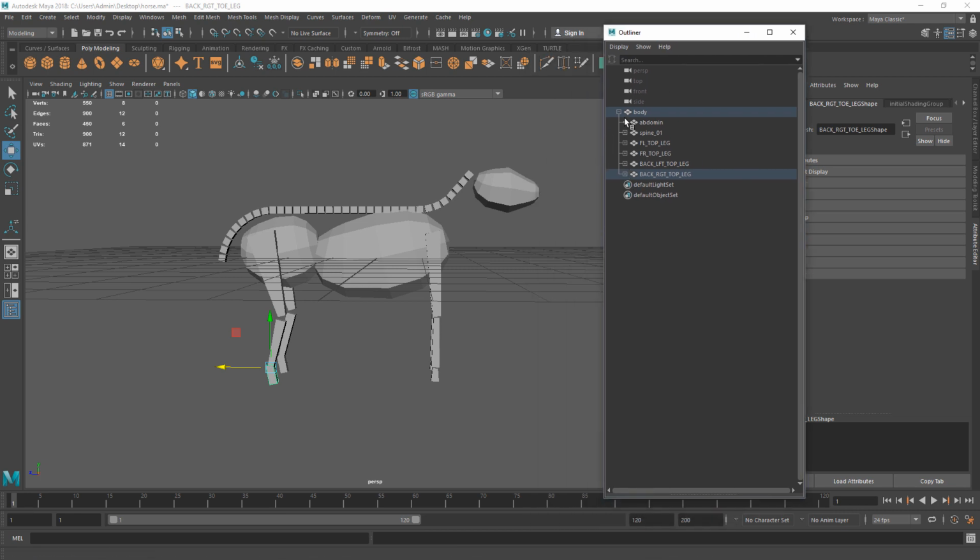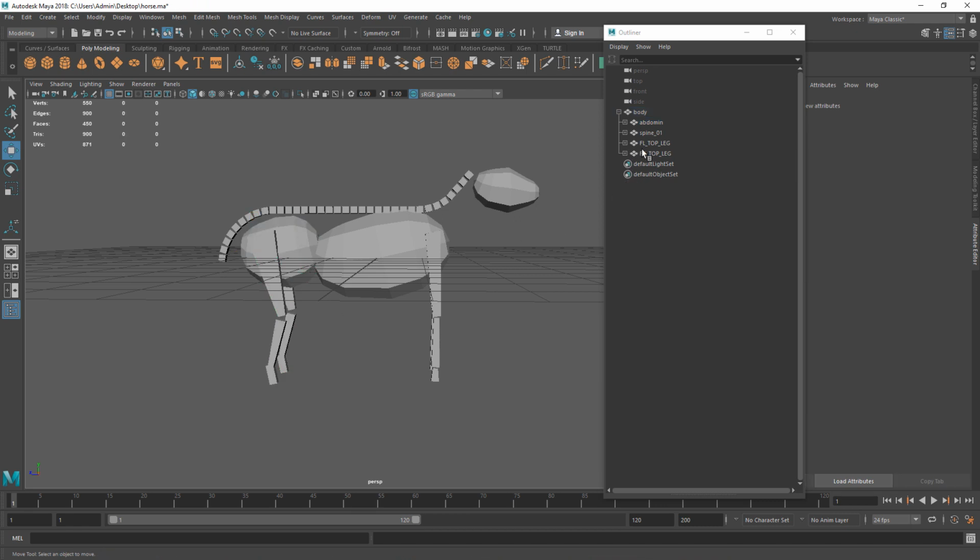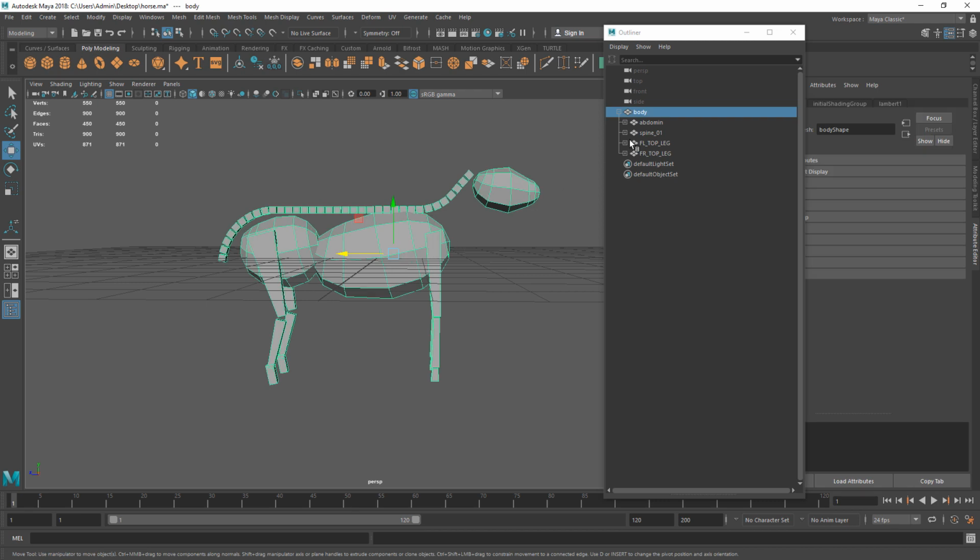So if you look, I've got the body, which is the main group, which controls everything. Underneath that, I've got the abdomen. So I could actually make the abdomen part of the legs. I could take both these legs, middle mouse click, and make it controlled by the abdomen. So if I click the abdomen, it would select that, which might be a better way of doing it. And that goes for the body as well. I might want to hit the body and just tie that onto there, but it's already got the front legs